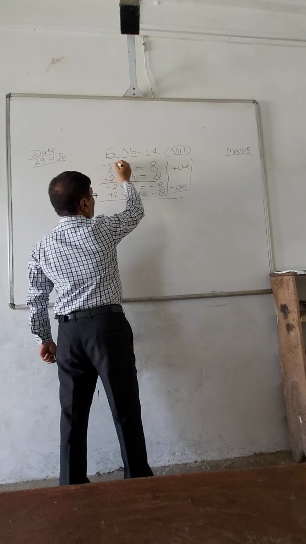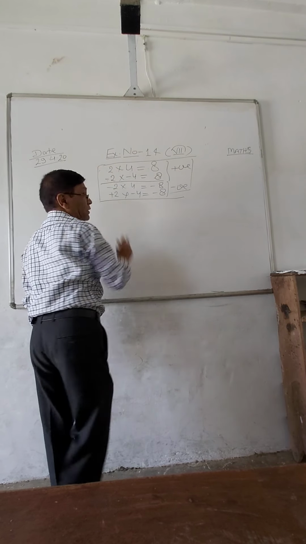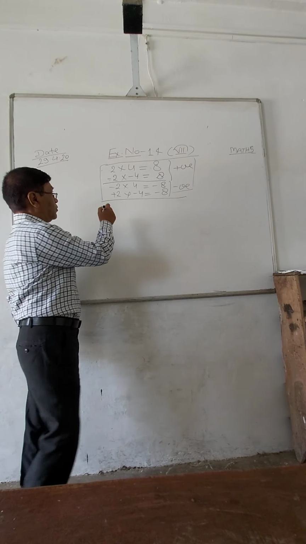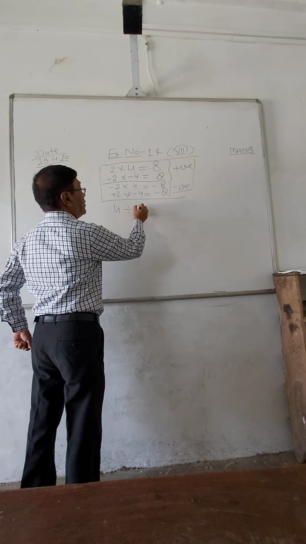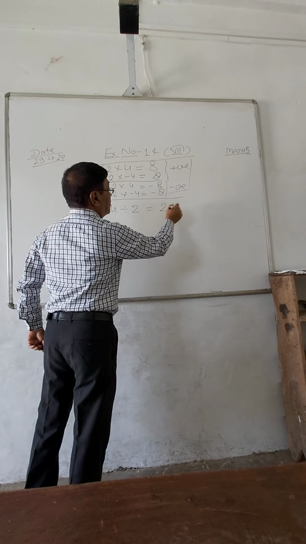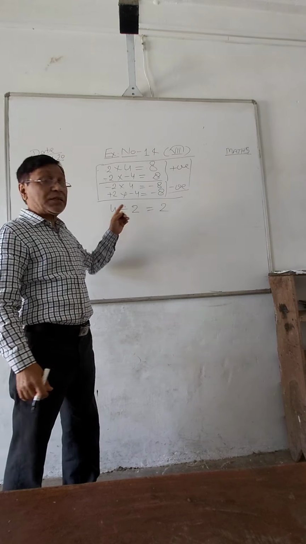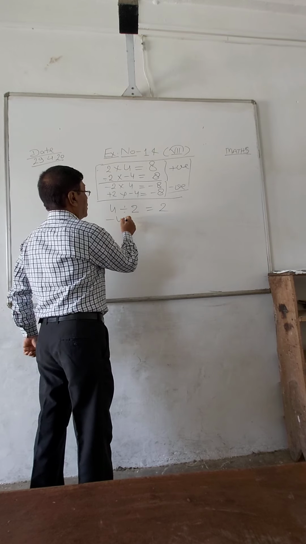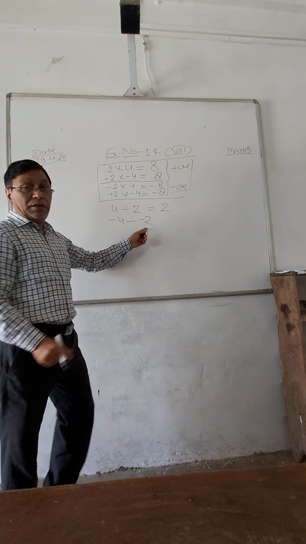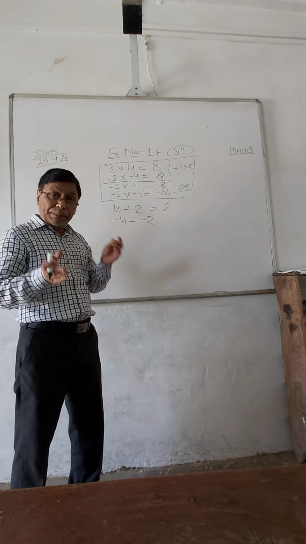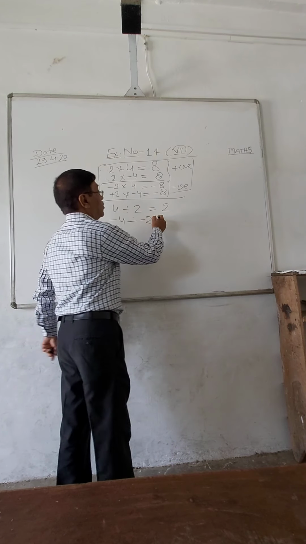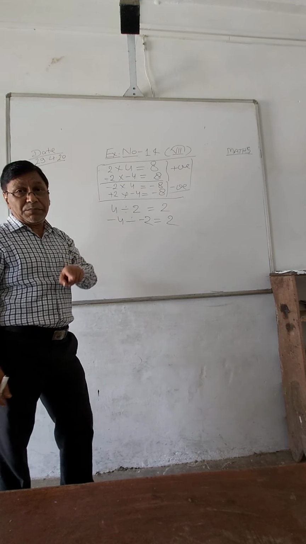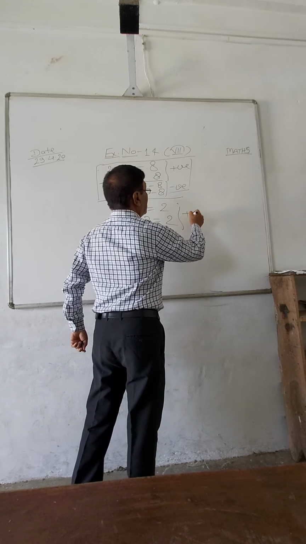But today we are going to learn what the rule is in the division. So the same rule is also here. Suppose 4 is divided by 2. So it will come 2. Both the numbers have the same sign, so it will always come positive. -4 divided by -2, same sign. Both the numbers have the same sign. If it is divided, this will also come positive. So the same rule: if the numbers have the same sign, the result will always become positive.